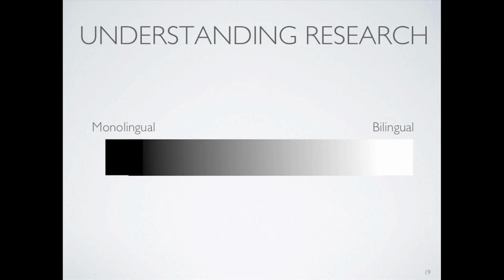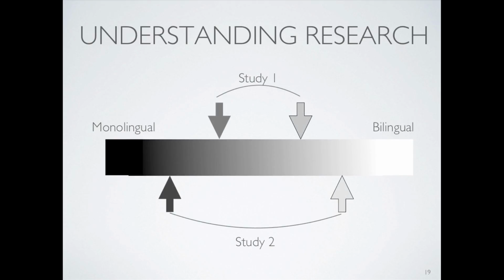And in order to understand research, we have to go beyond the black and the white and consider the grayscale, in such a way that when we see one study and we look at the group characteristics, it may be closer on the grayscale versus another study that has the ability to look at the further away scales. Now, this usually is done at the individual level, not necessarily at the global society level, because the